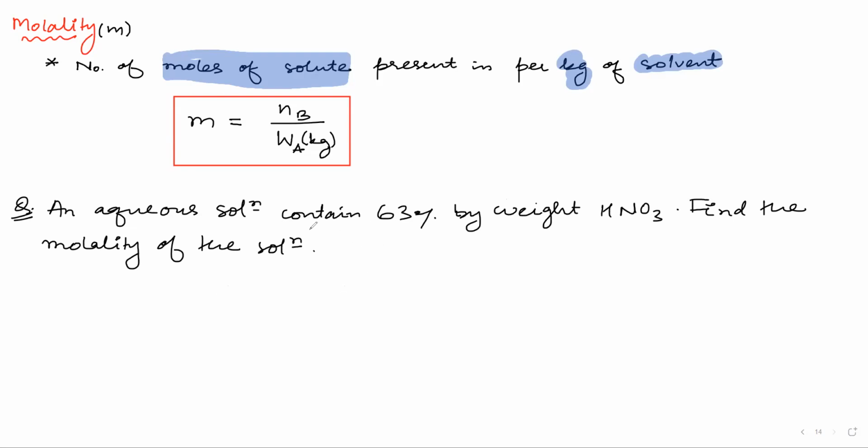Sometimes you will be given the density also, but if you have molality and you have been given percentage by mass or by weight, you don't need the density. How will you do this question? It is very easy. You just have to calculate the number of moles of the solute, that is HNO3, and the solvent. So 63% of HNO3 means